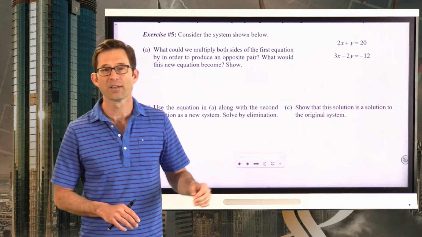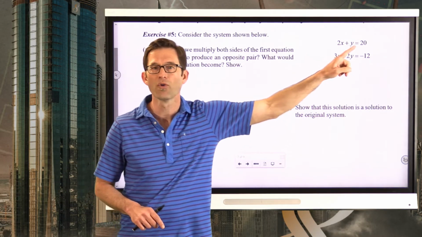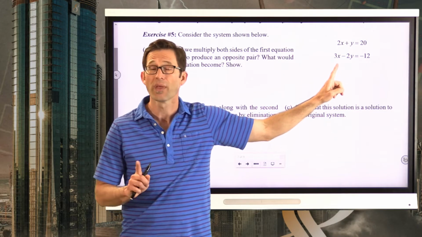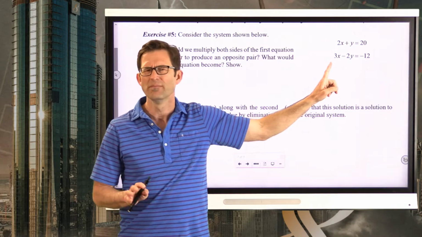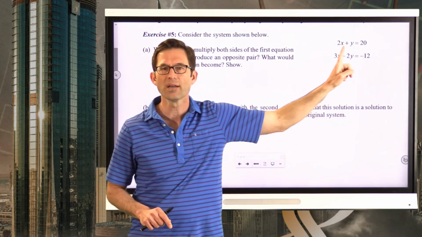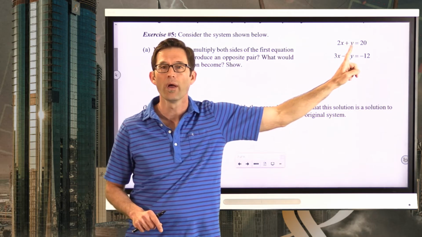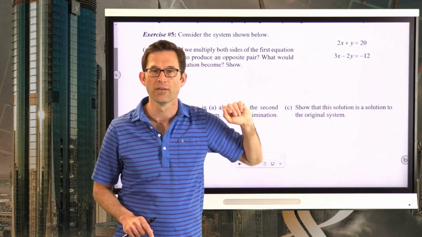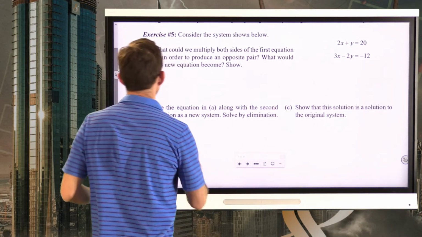Although not impossible, it would be a little bit tricky to multiply both sides of this equation and get a negative 3x. It's possible, but it's not pretty. One thing I could definitely do is multiply both sides of this equation by the number 2, which would give me a 2y, and that would be the opposite of a negative 2y. So I'm going to multiply